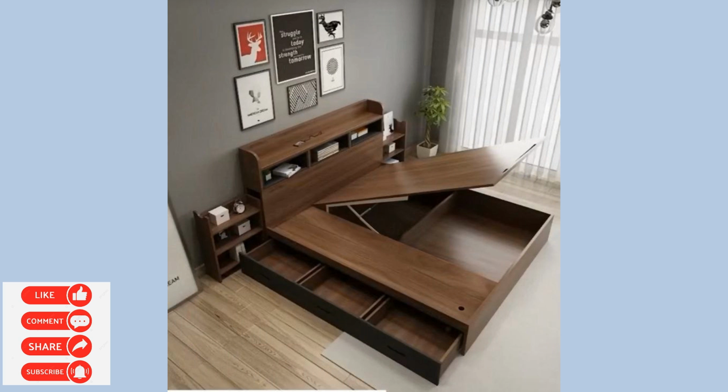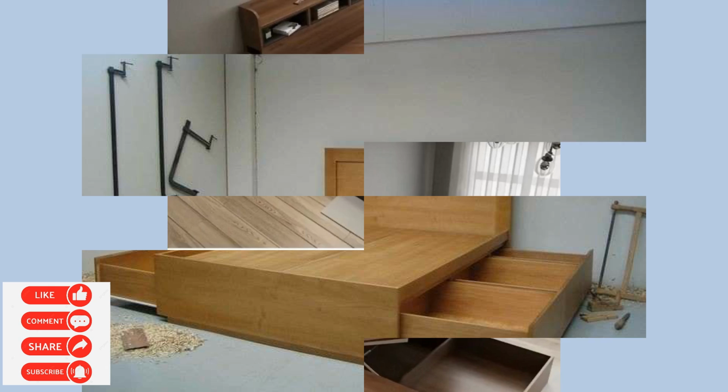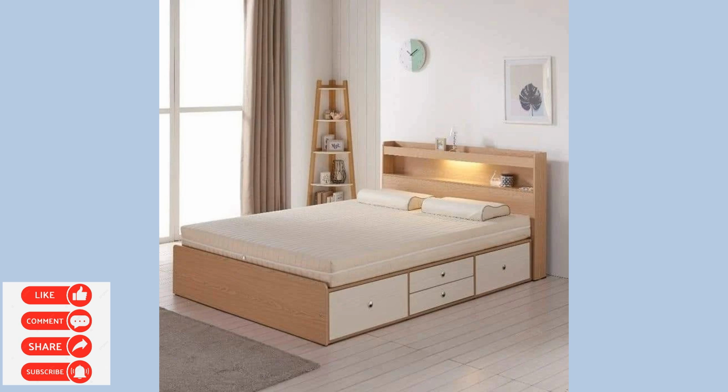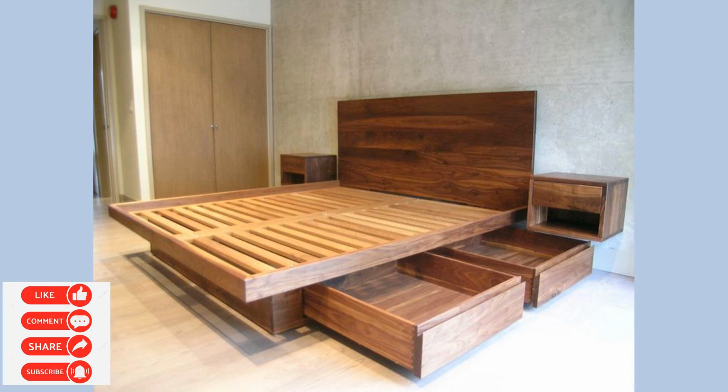This ensures that your bed fits perfectly within your bedroom layout. Wooden beds offer an incredible range of design possibilities that cater to various tastes and requirements. Whether you prefer rustic charm, modern minimalism, or anything in between, there's a wooden bed design that can enhance your bedroom's ambience while providing comfort and durability. By considering elements like style, functionality, material choice, and personal touches, you can create a